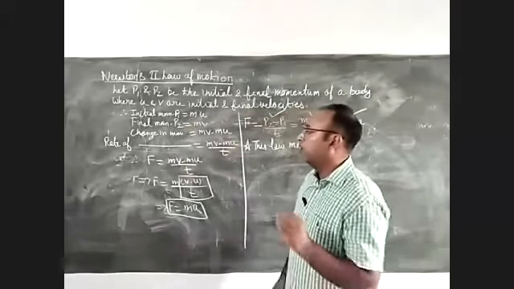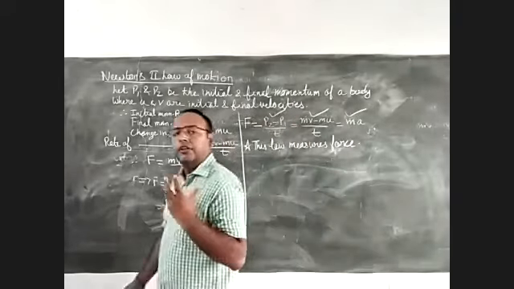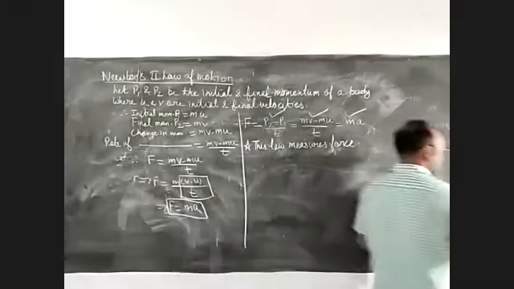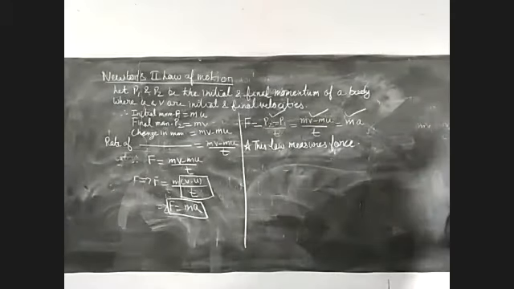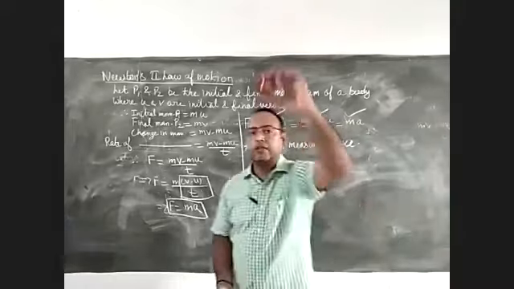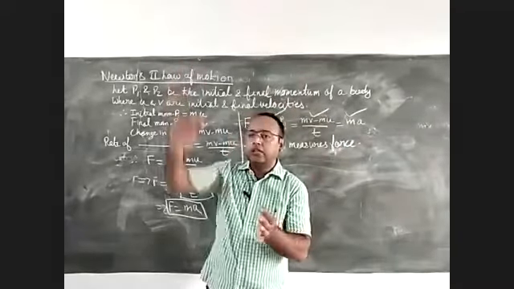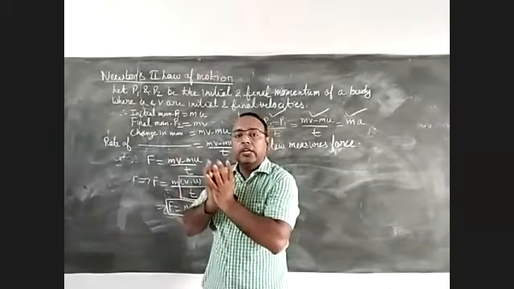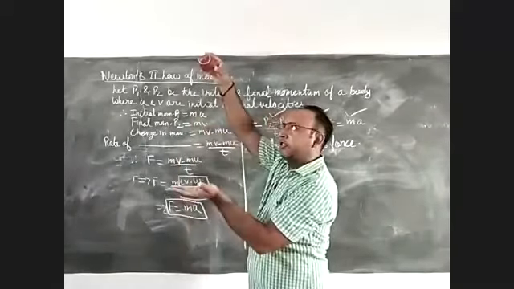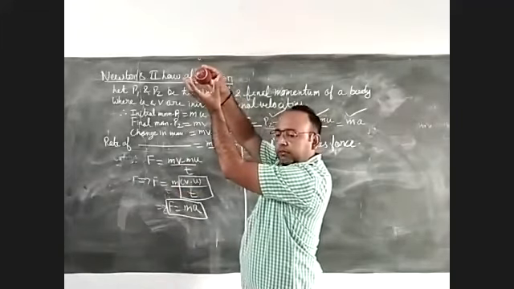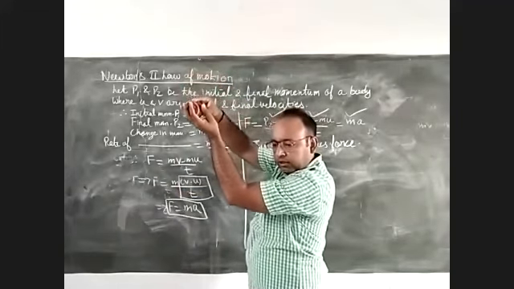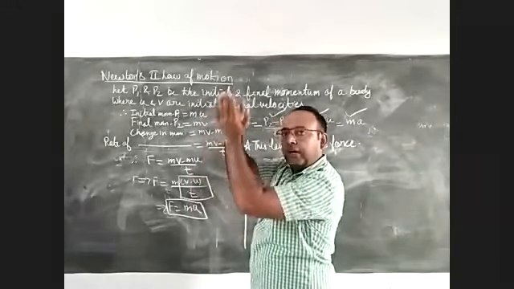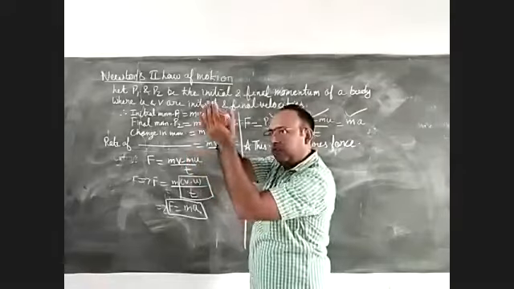If I talk about a very common game, that is cricket. While catching a ball, like a ball coming after striking the bat, or the ball coming from a height, what does the player generally do? The player generally lowers his hands while catching the ball. Suppose this is the ball, and here I am bringing it in contact. Then the player will slowly lower his hands while catching the ball. You might have observed this. This is the way of catching a ball.